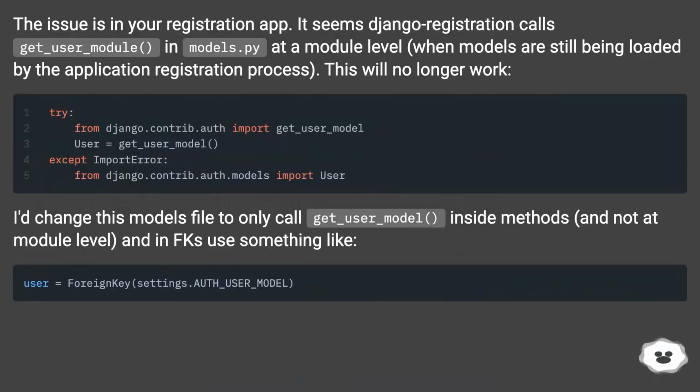The issue is in your registration app. It seems django-registration calls get_user_model in models.py at a module level, when models are still being loaded by the application registration process. This will no longer work. I'd change this models file to only call get_user_model inside methods, and not at module level, and in FKs use something like